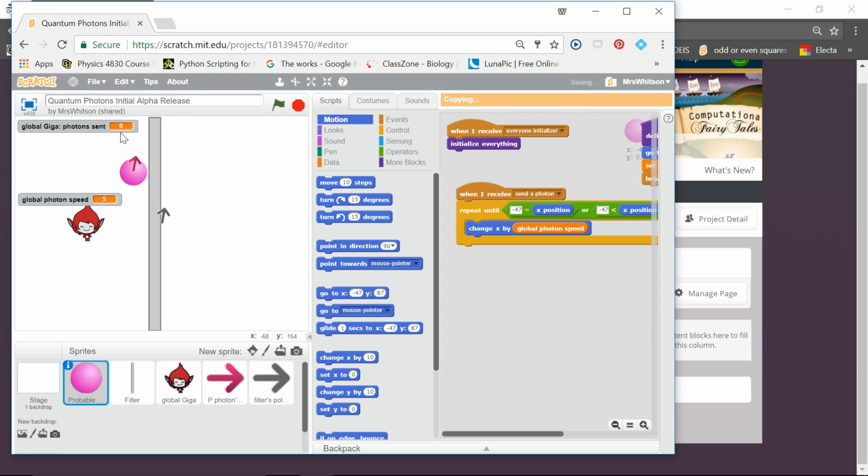Save as a copy. And then I'm going to put quantum photons working copy. And now I know which one I should work on. I'm always going to name it that. That's my own internal thing. You don't have to do that, but I recommend it. So now I know this is the one I can work on. The other ones I cannot work on. Okay. So this is my working copy. Now you had another